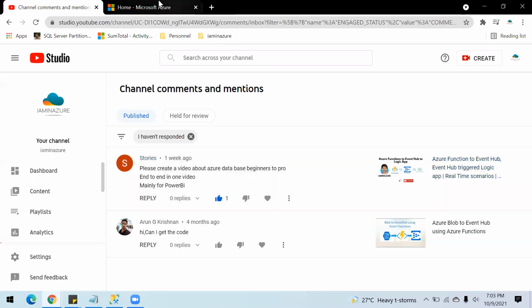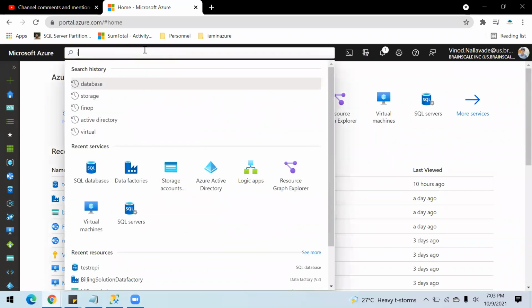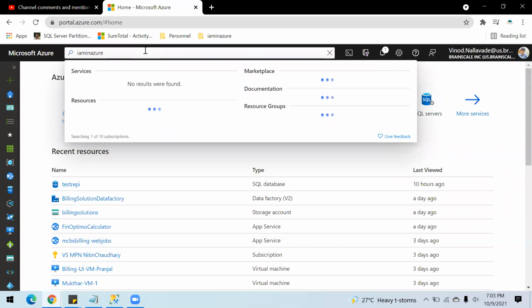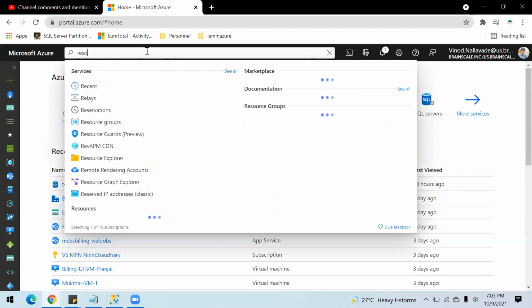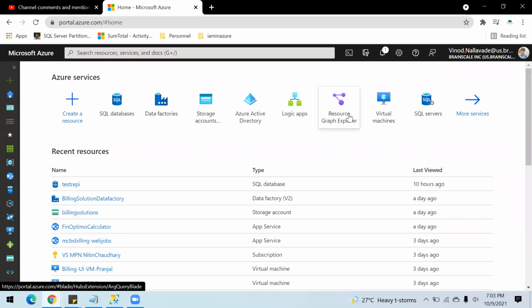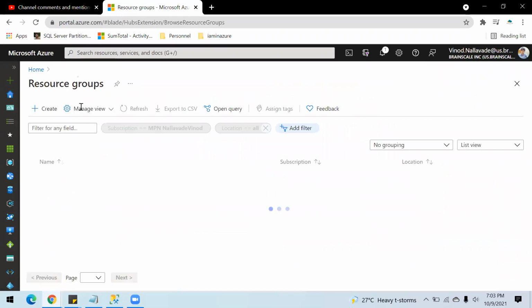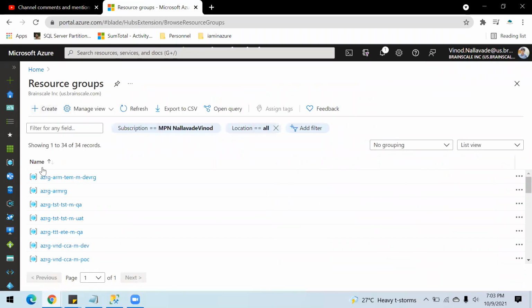Okay, so to create a database, we need a resource group. So let me create the resource group first. Create one.